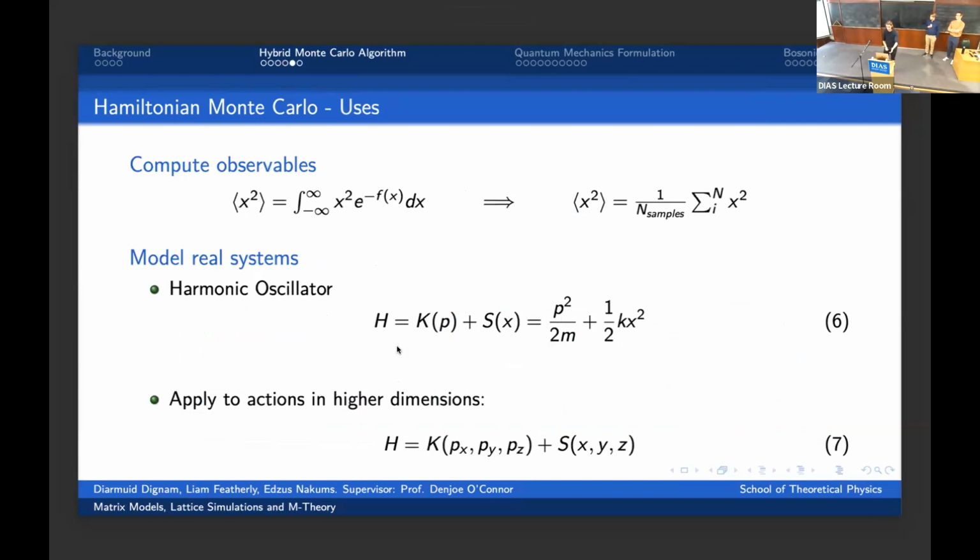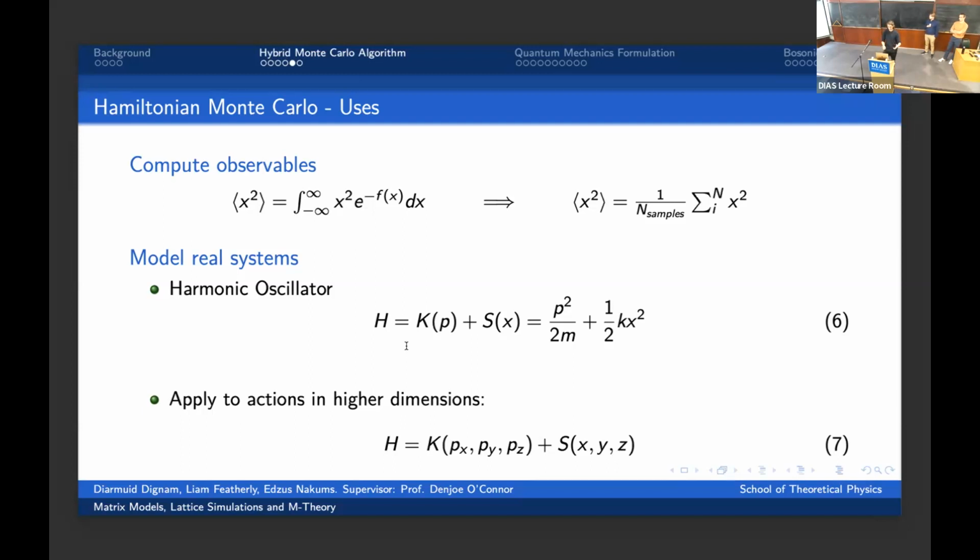You could compute an observable against that distribution analytically, doing the integral, but you may not be able to. And in this case, because our chain of samples is already given by that distribution, we can just calculate the mean of our observable of each of those values. So that turns it into a much more manageable sum across our list. And we chose this model because